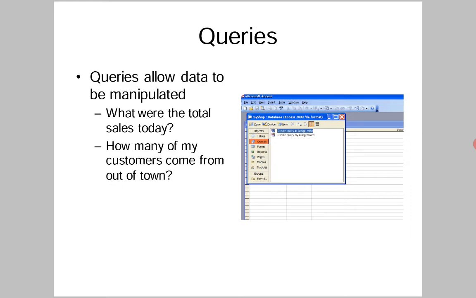So the next object, or next component, of an MS Access database is queries. So what is a query? A query is just asking some question or requesting some data or information from the database, or from the table, or from the DBMS or any RDBMS engine like that. Generally, queries are written in the SQL language.